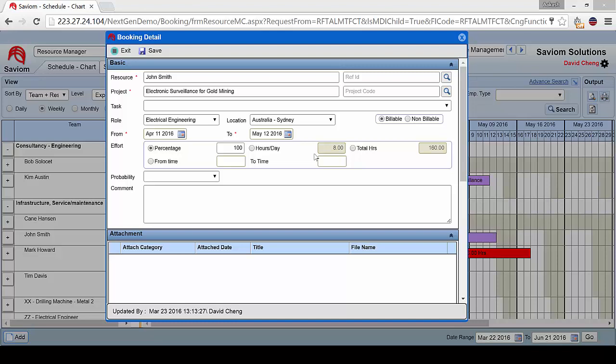So in my case, let's say I'd like to determine the effort in percentage. So in this case, it's 100%. Now, I want to change it and I want him to only spend half his time. So in this case, it'll be at 50%. Now, as you can note, 100% generates 160 hours, but the moment I change to 50%, it automatically changes